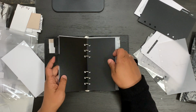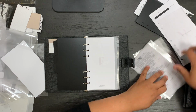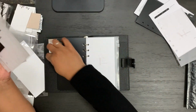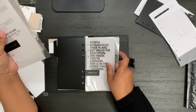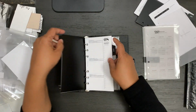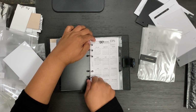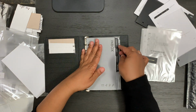And I probably need to figure out now where I'm gonna put all of these really awesome dashboards that I have. You know, like this year at a glance and these. I guess I could put them on top of my sections, maybe. Put them on top of my sections. I can do that. Yeah, I can do that. I can take this one here and I can put the year at a glance here, since this is going to be my schedule, right? And under my lists,